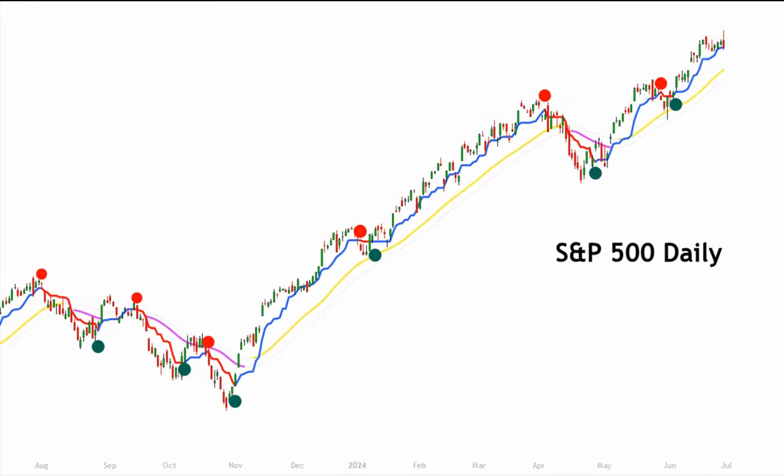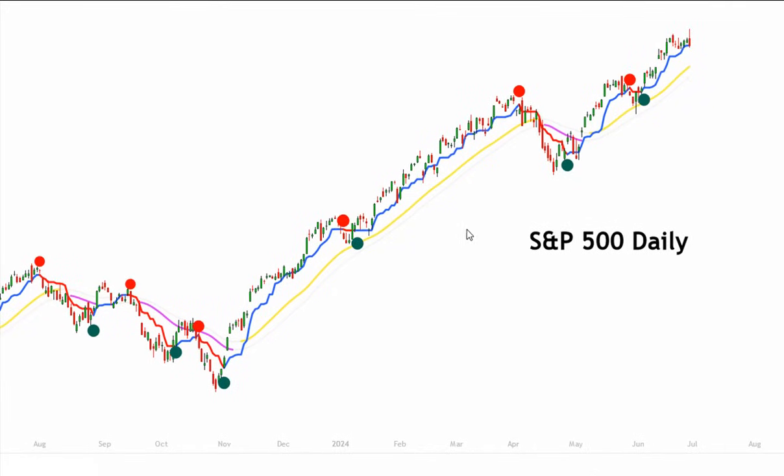Here's the S&P 500 daily chart, and again here when we see these shifts in momentum by these circles, again it marks turning points, and when you get bearish signals but you hold above the yellow line, it's just a pullback. When you drop below it, the red momentum comes in and it drops below the yellow, then you get a bigger sell-off, a correction, or a reversal. But these signals mark very good turning points, and again, sometimes sideways moves like here, other times you get trending moves like here, here,